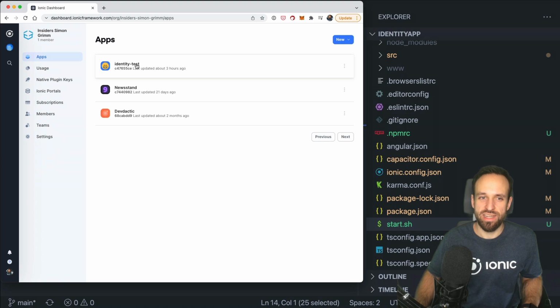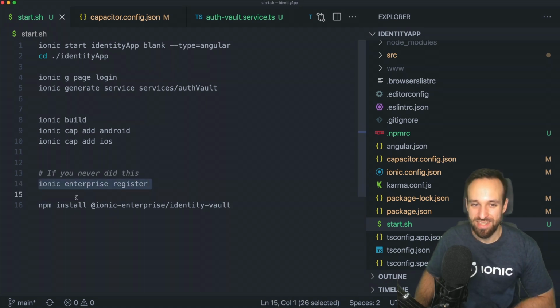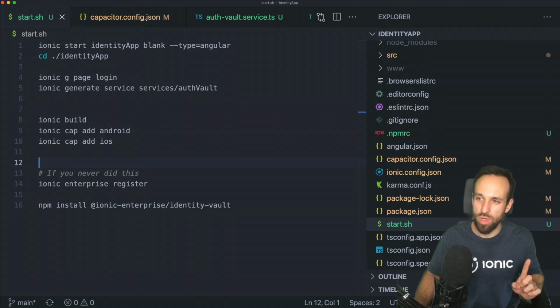So I got my identity test, and then with the native plugin keys, you need to assign your native plugin keys to one of the applications. And that's what I did. I don't want to open that view to show you my native key, because I don't think I should leak that. So when you did this, you can finally install the enterprise package, and then there's just one more thing